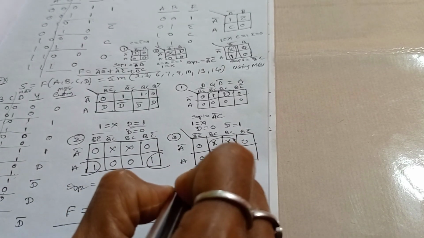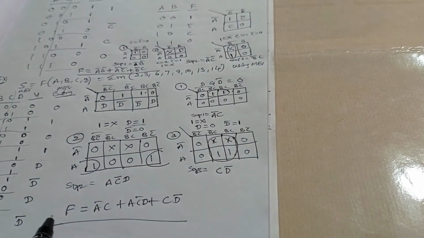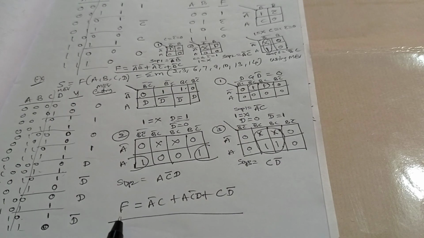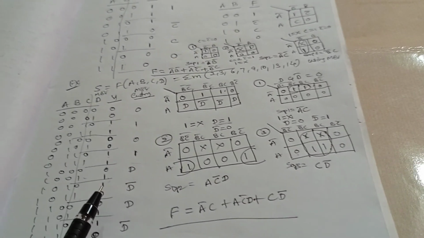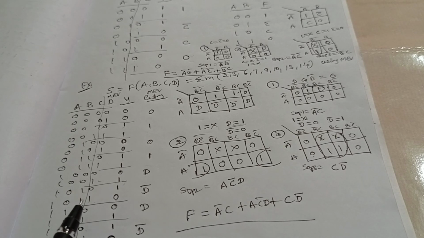This becomes SOP3. Now the final minimized expression is F is equal to A bar C plus A C bar D plus C D bar. This is the way to minimize the given SOP using MEV, or this is also said to be